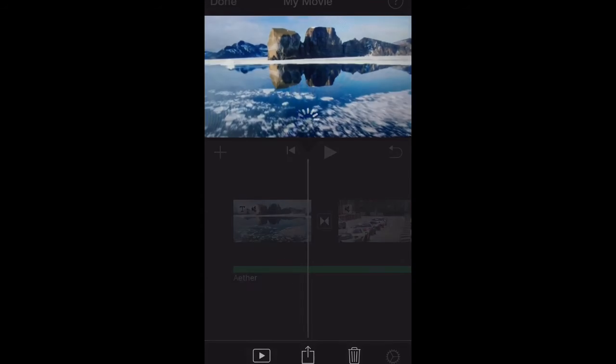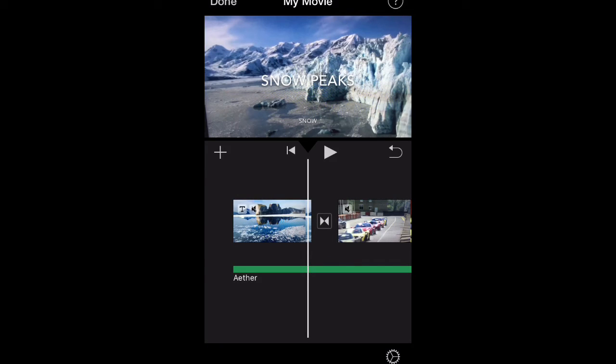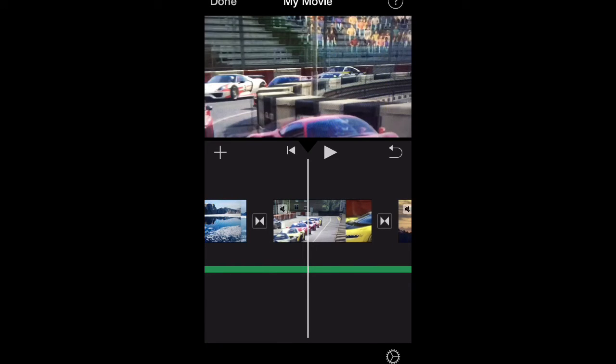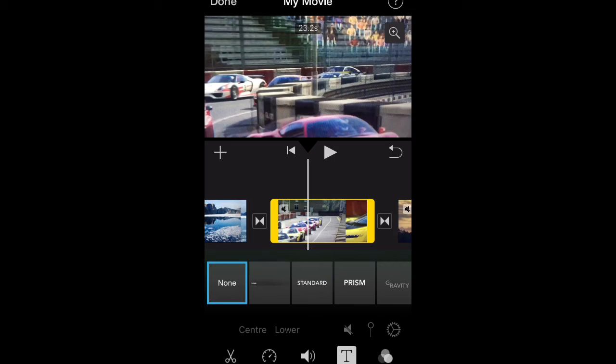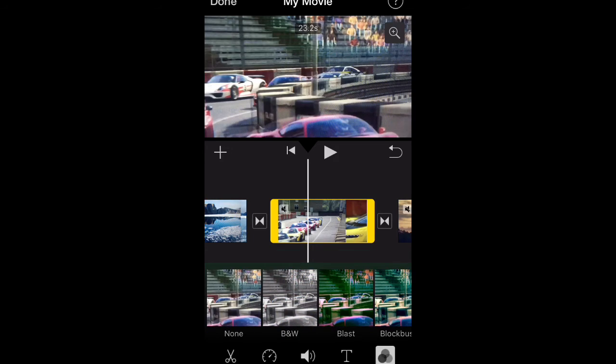I'll again open it to do a quick edit to see what more I can do in the quick edit options. The last one for the edit option is filters for the application. Different kinds of filters we can apply.